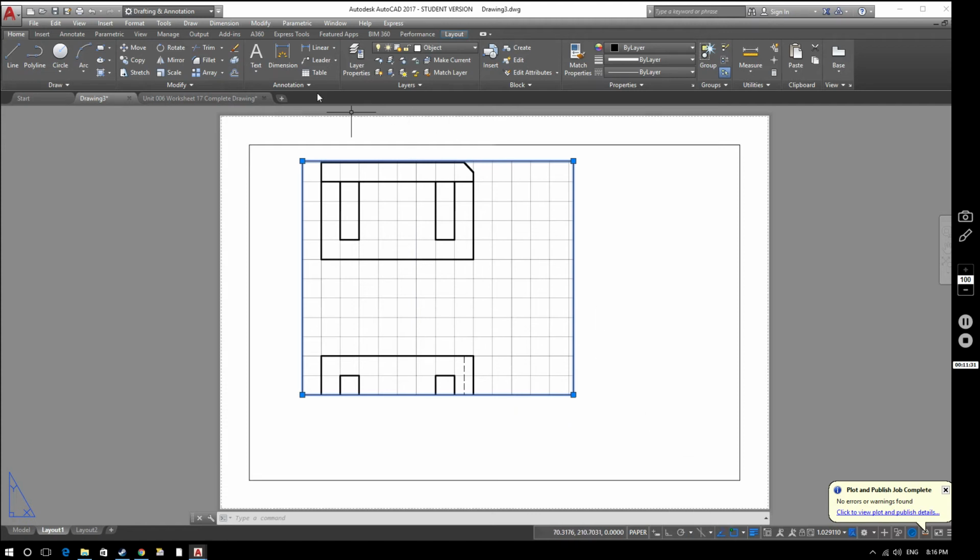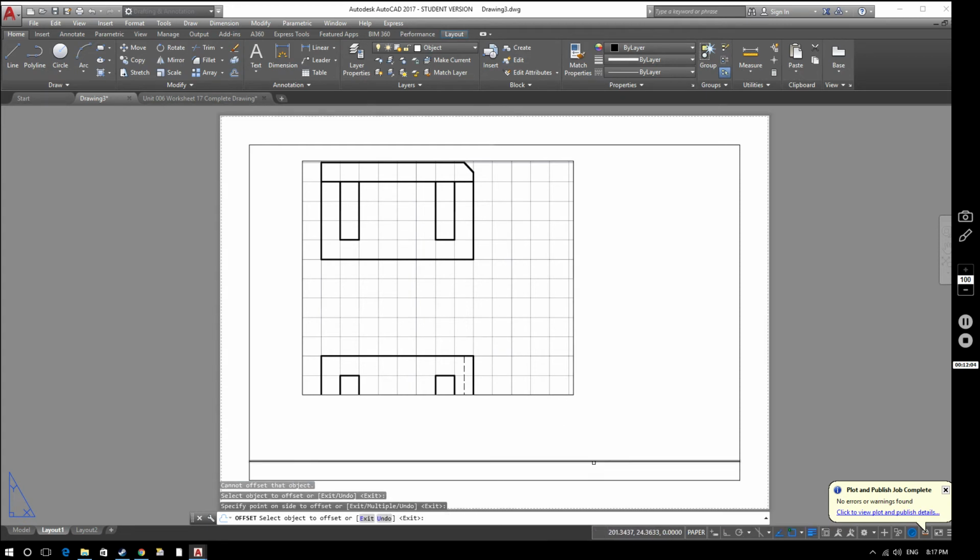Now what we're going to do now is create just a little title block down in the corner here, and again this is a very simple method that we're looking at here. So obviously there's other methods that we'll be using where you can create title blocks that are actually literally what's called a block in CAD, where you can modify it and insert it into other drawings. So once you've created it once, that's it for all time really. You can put it into as many drawings as you want, but again this is just illustrating the basics at the moment. So we're going to offset by 10 mil